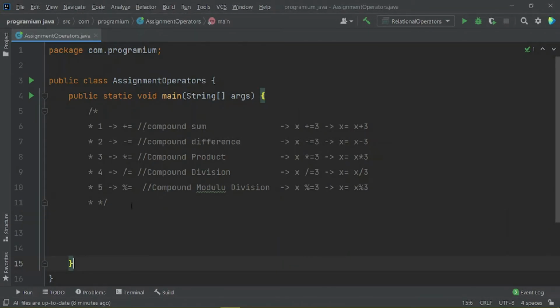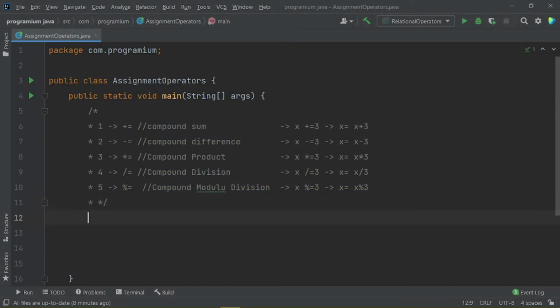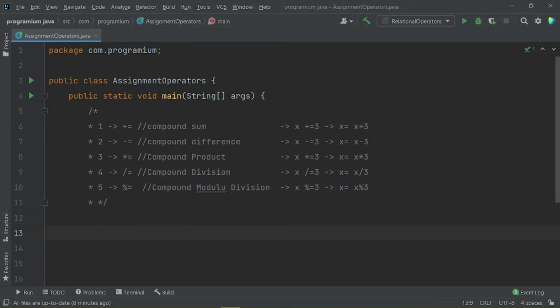So guys, now let us see how to use these operators in our Java application. So let us quickly create some variables like number1 is equals to 20 and number2 is equals to 30, number3 is equals to 5.